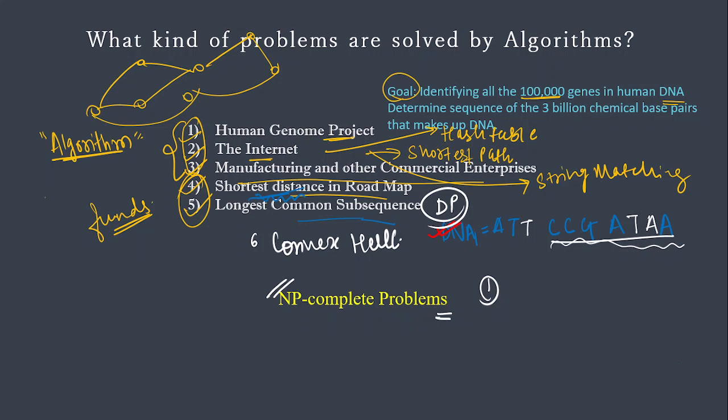Okay, the second thing that I would like to tell you, the first thing was no efficient algorithm is known. The second thing is that if an efficient algorithm exists for one, then it will exist for the rest of them also. This is one of the most unique properties of NP complete problems. If you find an efficient solution for one NP complete problem, then you will get the efficient solution for the rest of the problems also. The third interesting point of NP complete problems is that